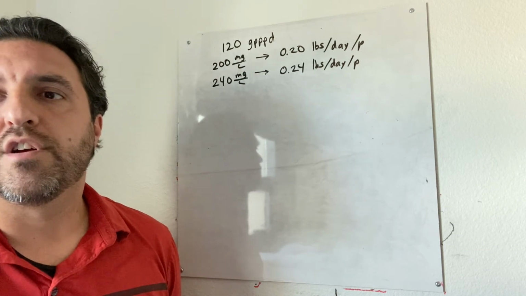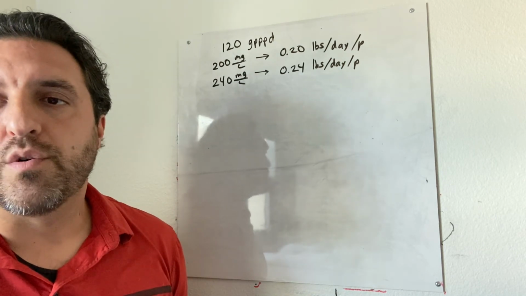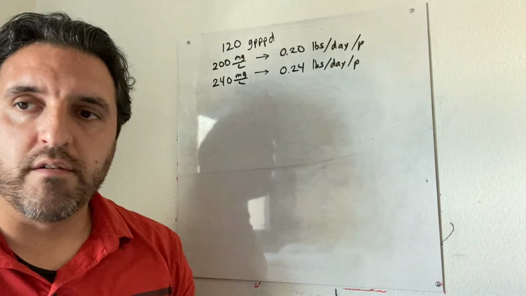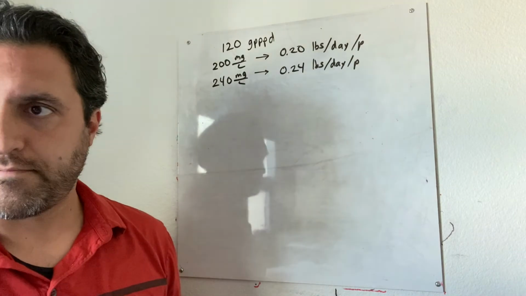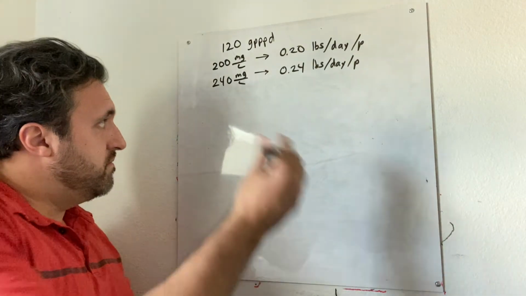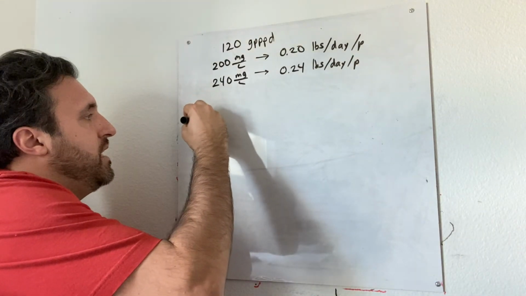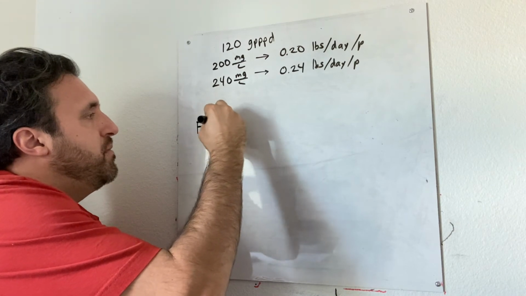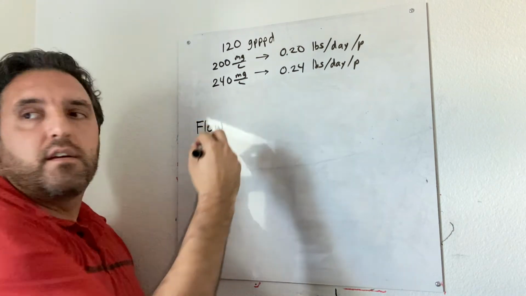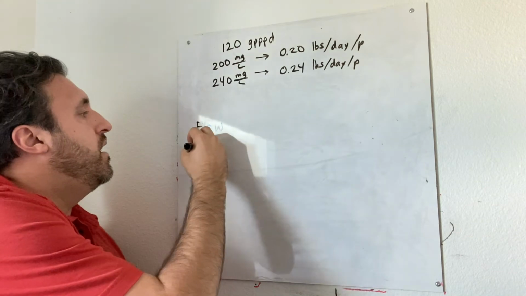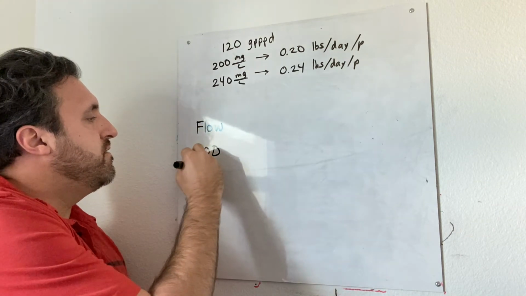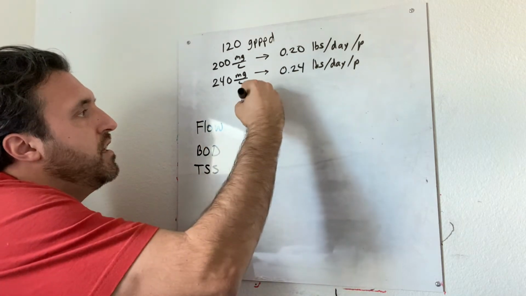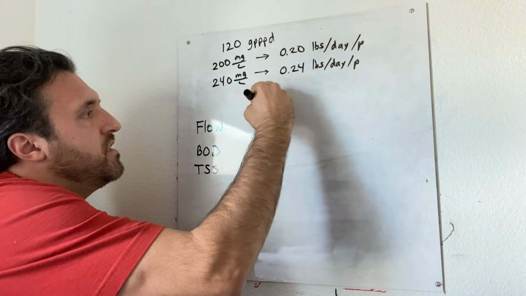So now, in this example problem, we've got some data about a meat processing facility, and we're being asked to determine the population equivalent for its flow rate and for its BOD and TSS concentrations. So we can think about this kind of like a comparison, set up a table. We've got the flow rate here. We've got the BOD concentrations, and we've got the TSS concentrations. For the meat processing facility,